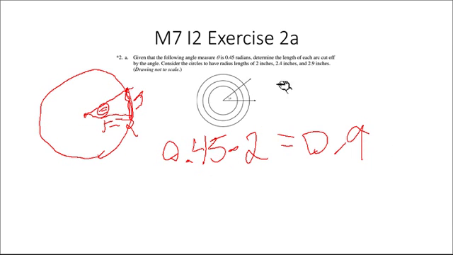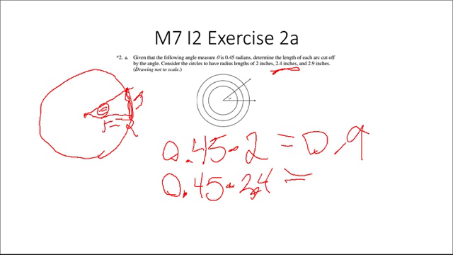And if our radius is 2.4 inches, that would mean that 1 radian would be 2.4 inches in length. So we would take our angle measure, which is 0.45 radians, times 2.4 inches, and that gives us